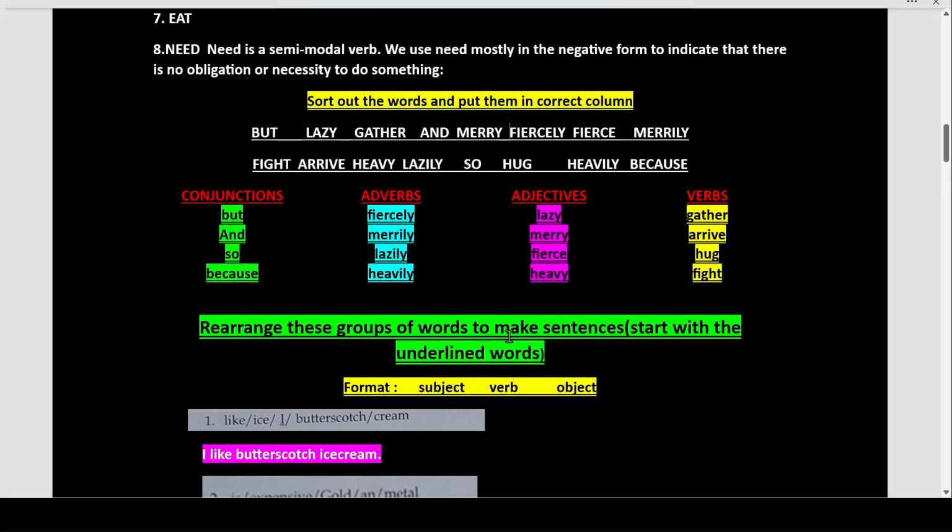Next, rearrange these group of words to make sentences. Start with the underlined words first. Now, what is the format of a meaningful sentence, students, in English grammar? First comes your subject, followed by the verb, followed by the object. So the first sentence is